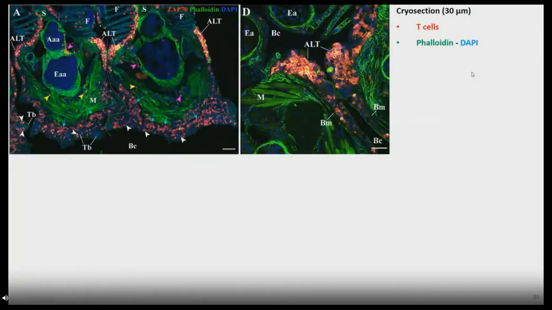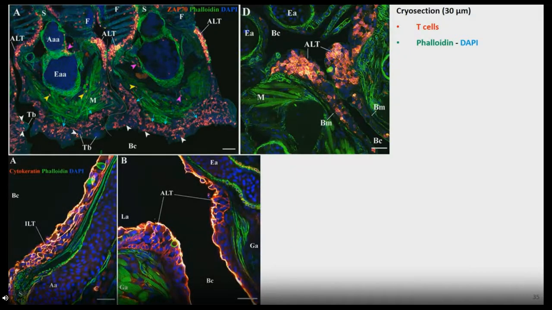So we tried to characterize that a bit more, and you can see with a further zoom, you have 2 different gill arches. You can see very well the scattered T cells on the gill arch, and then when you reach this place, you see that the T cells are a lot more clustered. So then we wondered, okay, but is this just some kind of loose aggregate of T cells, or is it structured? So what we did is we labeled cytokeratin, because cytokeratin will reveal the reticulated epithelial cells